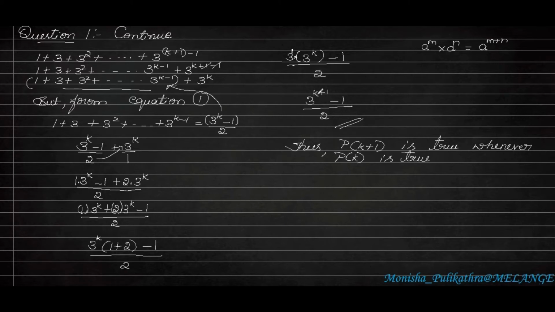Okay, since we know that the answer is (3 to the power of n minus 1) by 2, that is also equal to (3 to the power of k plus 1 minus 1) divided by 2. Therefore the statement is true. Hence, by the principle of mathematical induction,